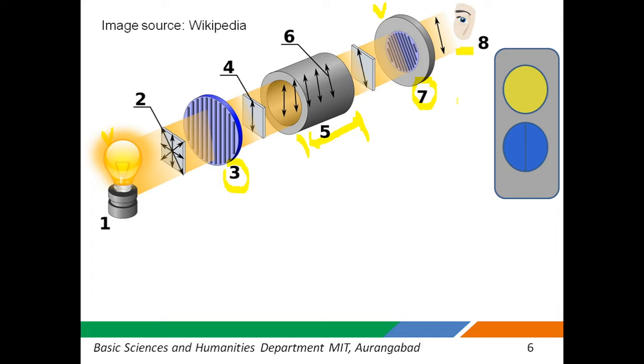Now, the longer the path of the light through the solution of optically active molecules, the more molecules will be encountered by the light, and the light will give greater optical rotation. And the other thing is, the more concentrated the sample, more molecules per unit volume will be present, and the more are the chances that more molecules will be encountered by the light, and greater the optical rotation. So a concentrated solution will have a higher optical rotation than a dilute solution, and if the length of the tube is more, that will create more possibility of light getting encountered by the chiral molecules.